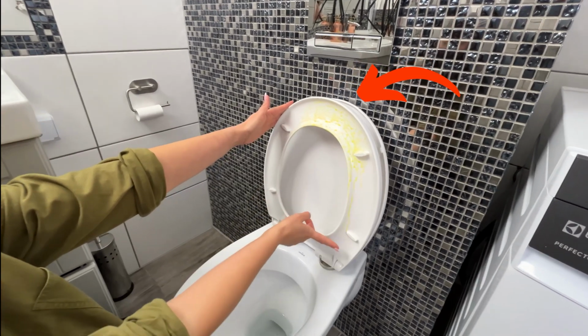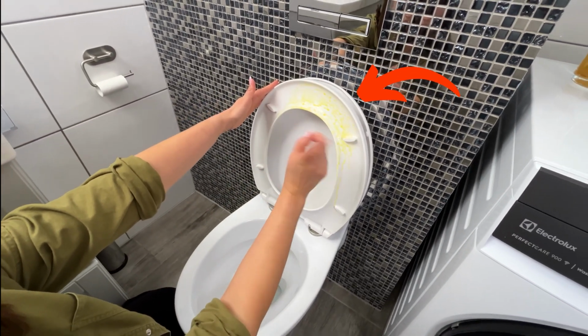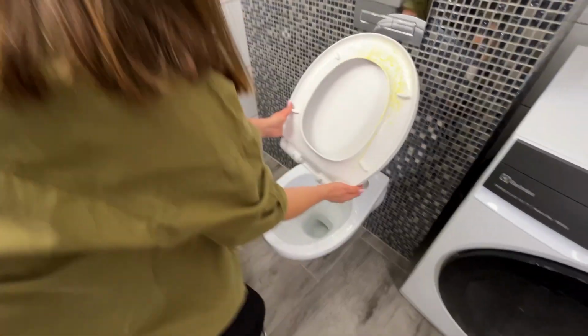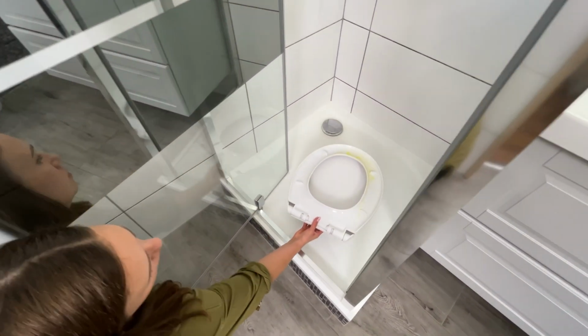When you see yellow stains on a toilet seat, there's no need to replace it. You can easily remove these stains using simple household products. Start by locating the button or mechanism to release the toilet seat and remove it. Place the seat in a bathtub or shower stall